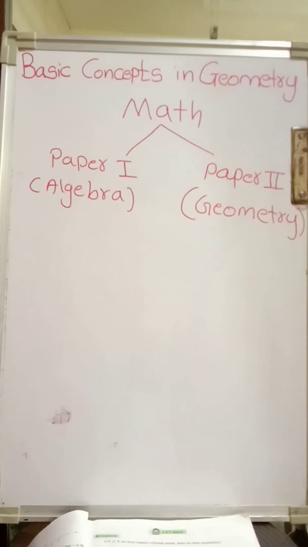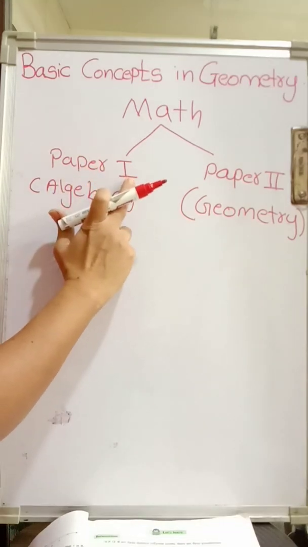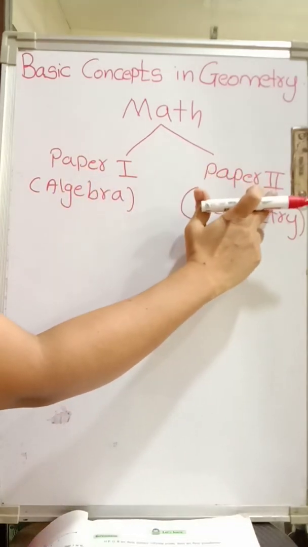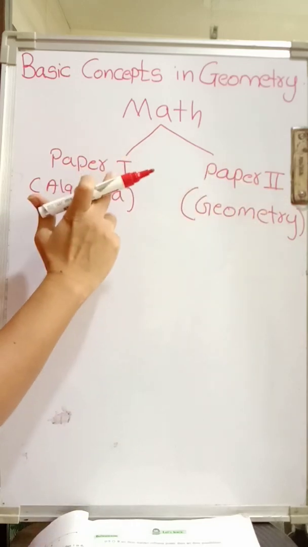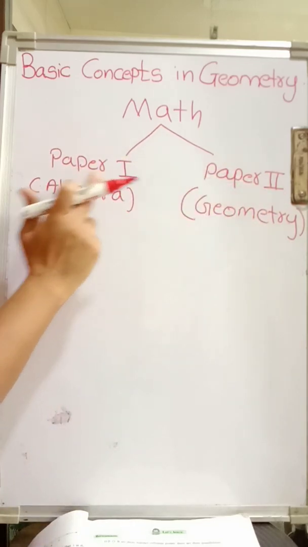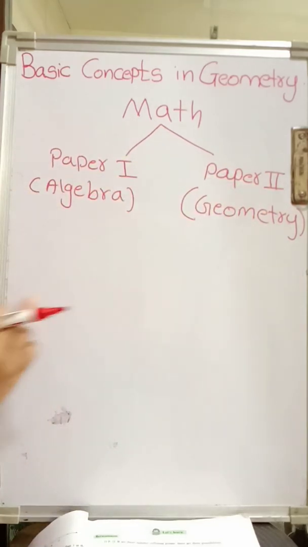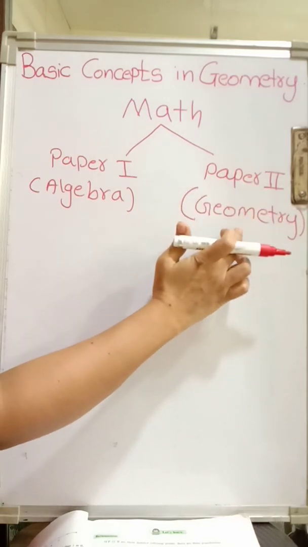Today we are starting with our syllabus of 9th standard maths. Till 8th standard, you used to have only one textbook of mathematics. Now from grade 9, you have two textbooks. One is paper 1 and another is paper 2. So you will have mathematics paper 1 and mathematics paper 2. Paper 1 is generally called algebra and paper 2 is called geometry.